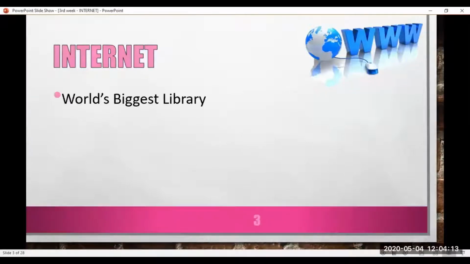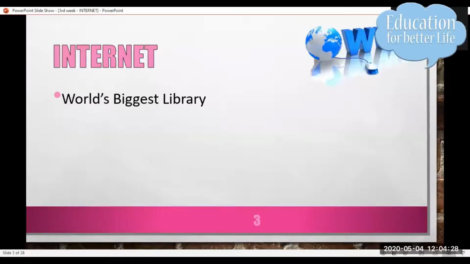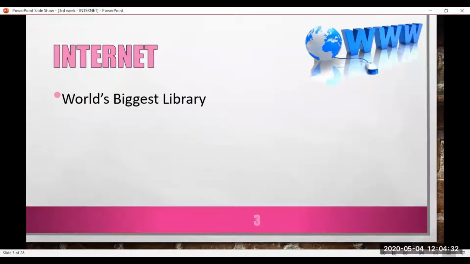The internet is, as you know, the biggest library in our world. There is no reason to go and look at books. You just go to the internet in your system, and you can search for something with your finger.